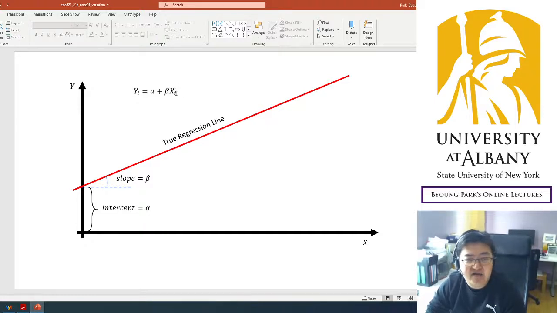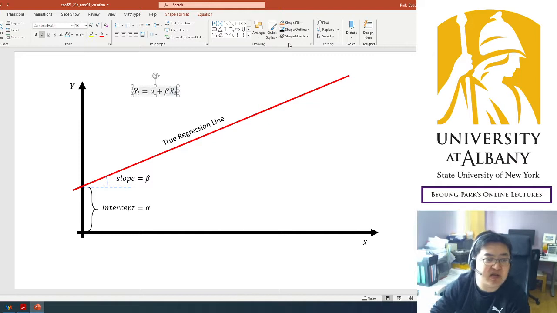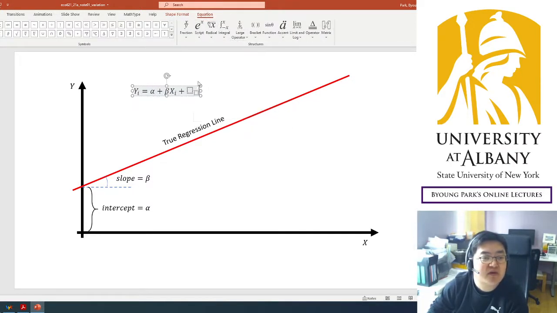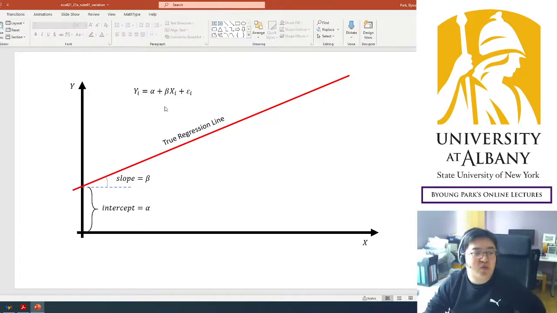I have not considered the error term yet, so let me just write that down to prevent confusion. But the true line does not include the error term epsilon. Anyhow, the slope is beta and the intercept is alpha, and those two parameters represent one straight line